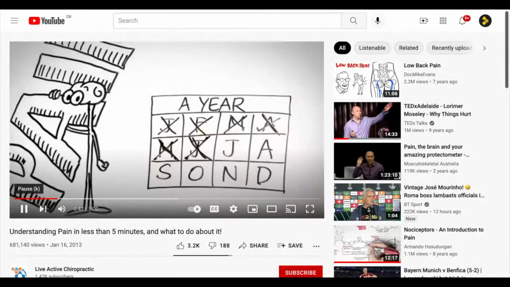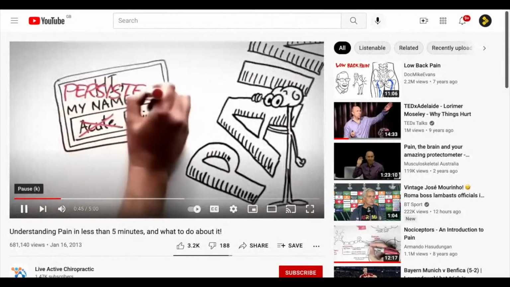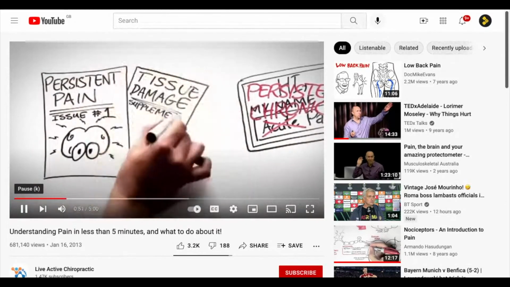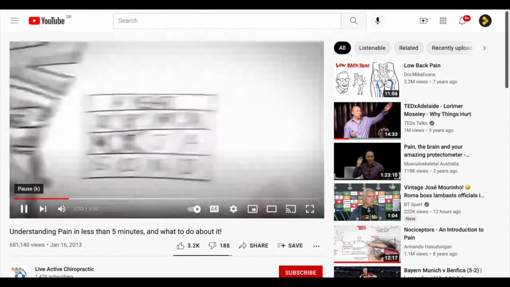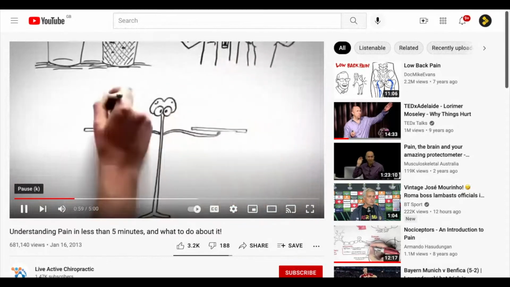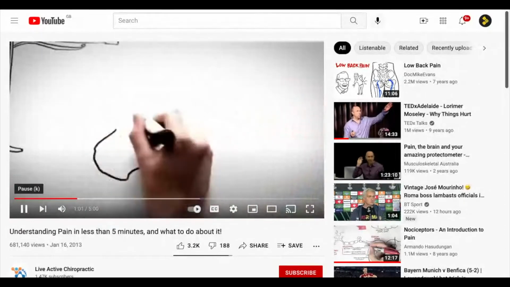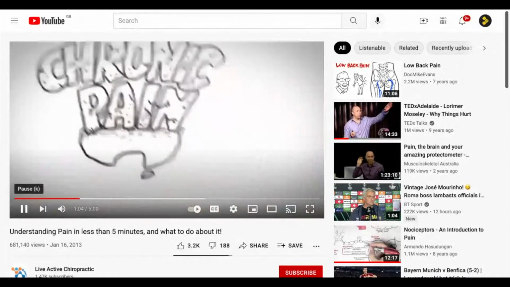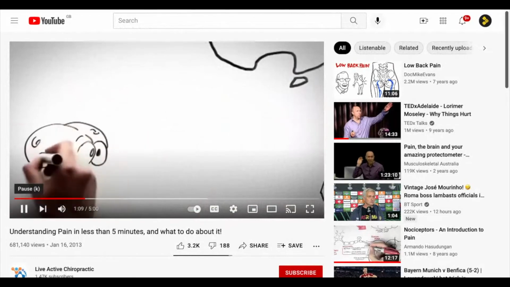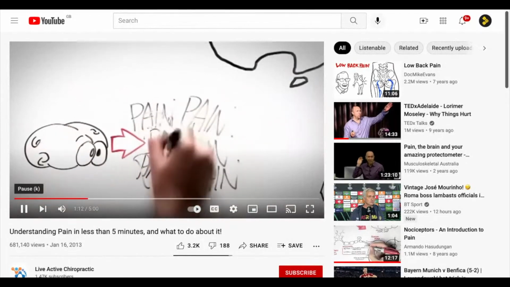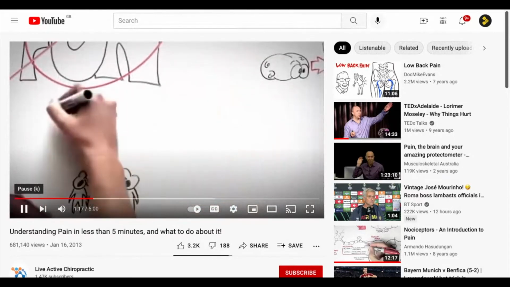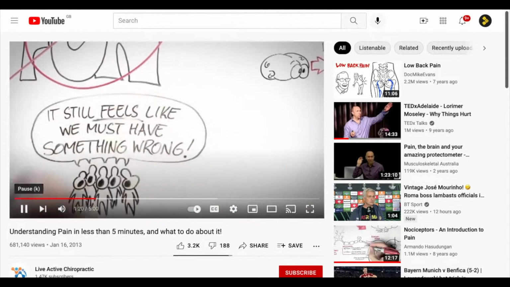Had it for 3 months or more, and this pain is generally called persistent or chronic, because in this type of pain, tissue damage is not the main issue. What's less clear, though, when you're told you have chronic pain, is knowing what's best to do about it. Well, in Australia, chronic pain is a really big problem. In fact, 1 in 5 people have it. Having a brain that keeps on producing pain, even after the body tissues are restored and out of danger, is no fun. Some people say it still feels like they must have something wrong.